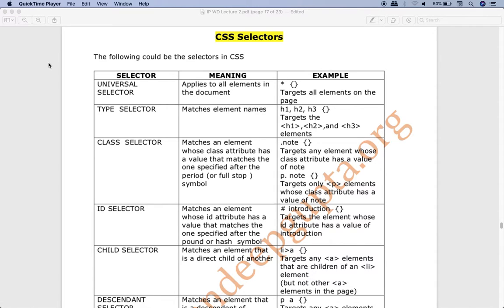In this video, we'll be doing a very important topic called CSS selectors. If you have a university course on web development, then you may even have this topic in your theory exam. You may have a question about CSS selectors in your theory exam. Now, there are many CSS selectors, but let's study some of the important ones.